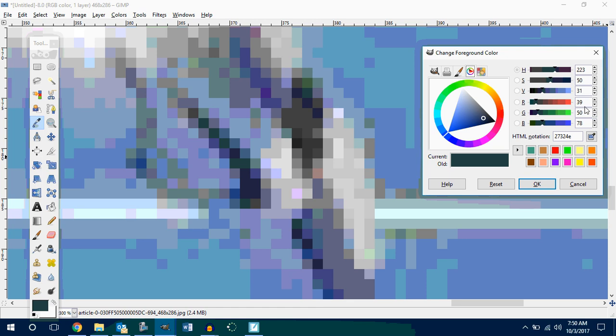So everything is created with just pixels, and all you're going to do is, let me show you this. You guys have this little dropper button over here. I can click on this dropper button, and I can say, okay, what is that exact color? You go down here, that exact color is, remember we studied RGBs? That color is 39, 50, 78. If I ever wanted to color with that, I could. All you have to do is get your paint can or paintbrush or pencil. Okay. So we're going to go over here to our